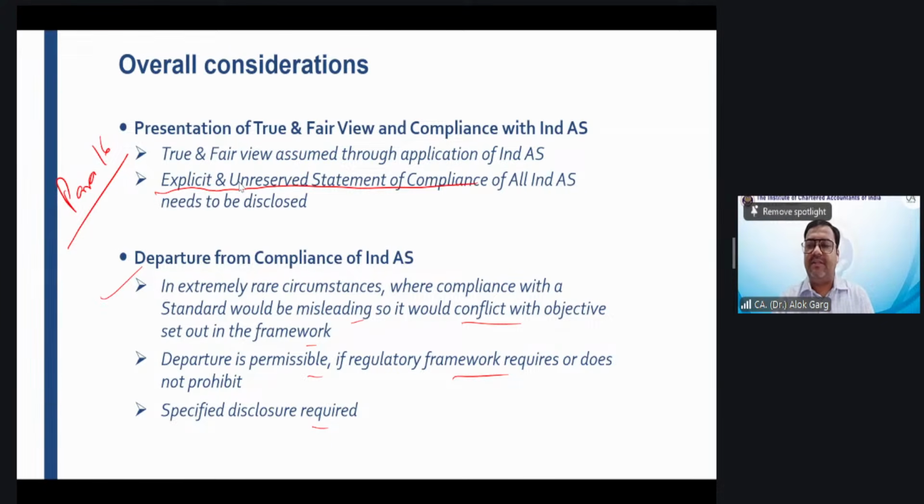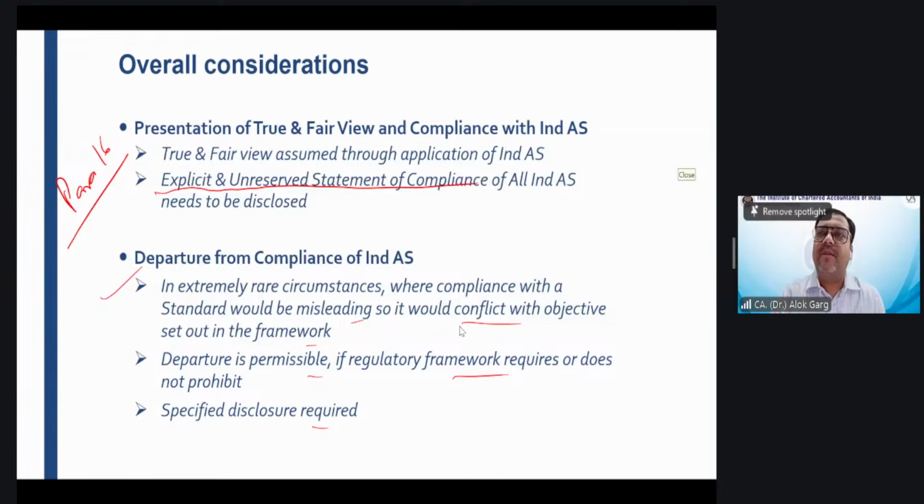Sai Kiran, whether it is a related party transaction or not. Ravinder is saying yes, it is a related party transaction. What about you, Rachit? You can write on the chat box also. You don't need to unmute and answer. Whether it is a related party transaction or not. Yes, Rachit is saying it's a related party transaction. What about you, Sai Kiran? Yes, it will be a related party transaction.